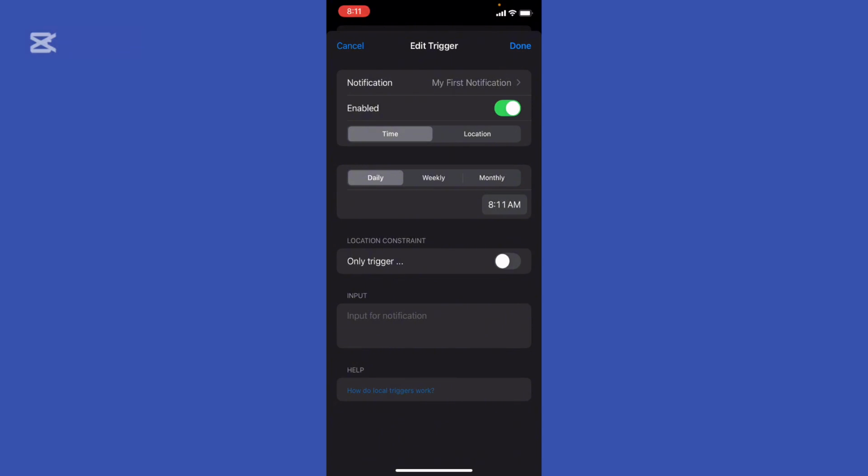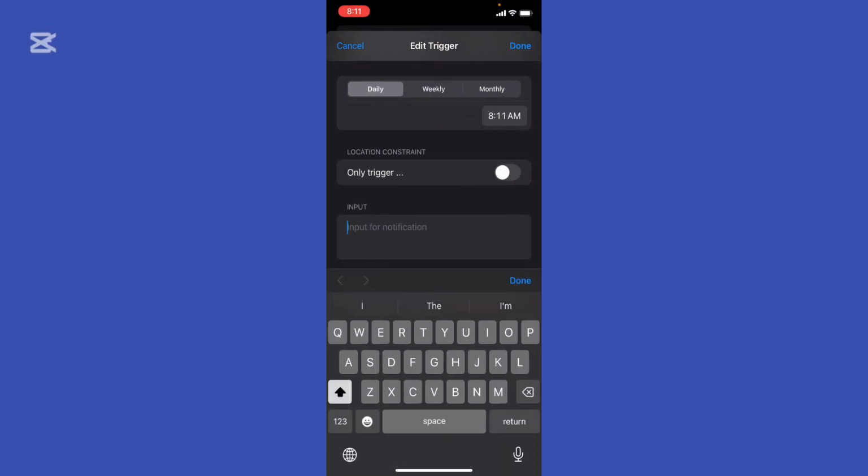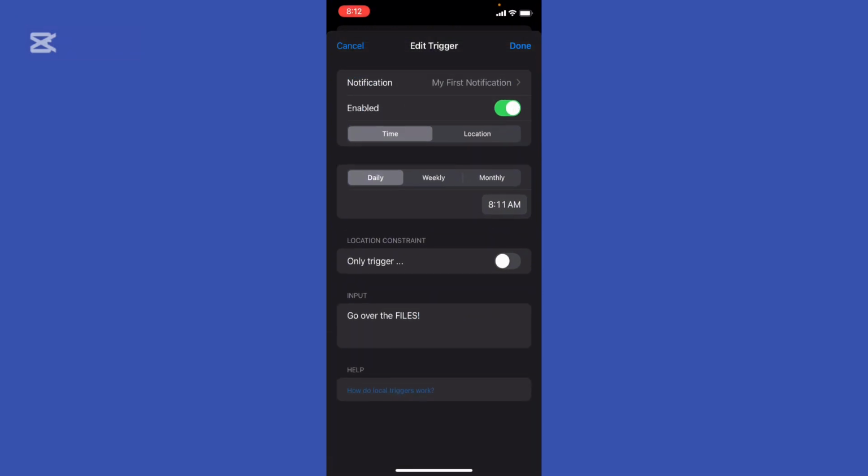So as we said before, decide what you want the automation to do first, and this is where Pushcut really shines. You can create now a notification. Let's say for example, go over the files, exclamation point. And basically you're going to be able right here to enable, make sure that you enable the trigger,